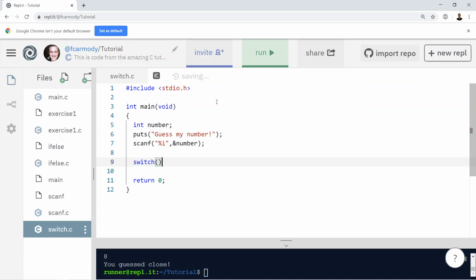Unlike an if statement, switch only looks at one variable, and it only uses equivalency to test for cases. So in this case, for switch, we're going to look at number. Then each case is going to be case, let's say 1, and we're going to puts